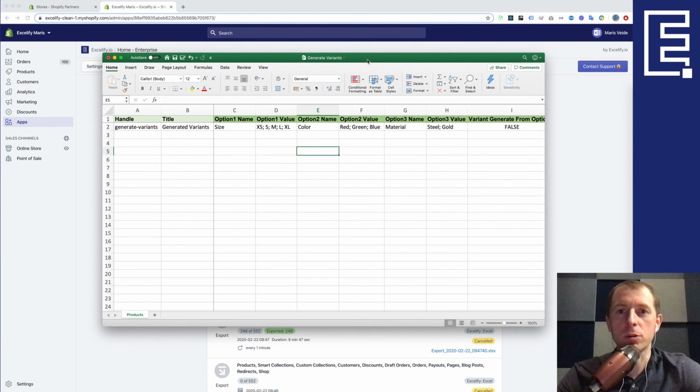Among the other awesome features of Excelify, you can generate variants for your products, and I will show you how to do it in this tutorial. So let's say we are preparing the import data for Excelify with a handle, title, and we have some options here, and let's say we need to have all the combinations of those options, like all those sizes, the colors,